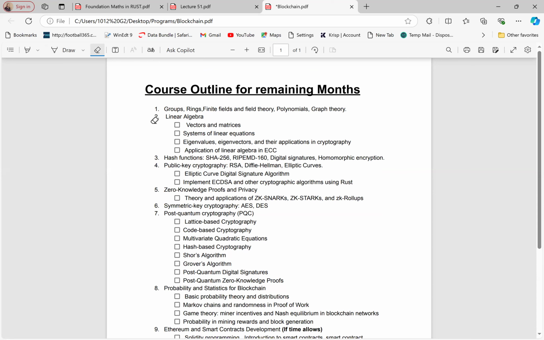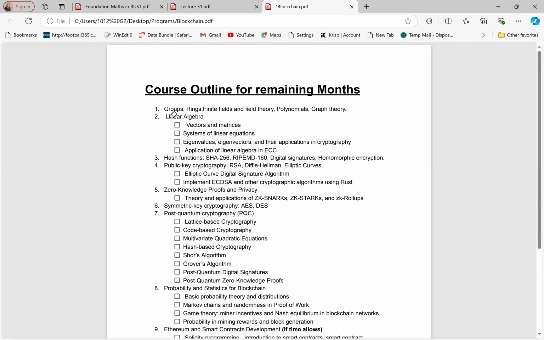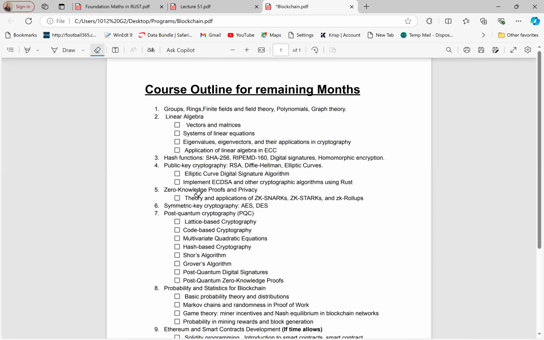Of course, we have already done our 51 lectures. So where we are today, we'll be finalizing our work on groups, where I'll be looking at homomorphism in groups. Then we shall now begin on rings and then go to finite fields. But the rest of the topics from topic 2 going down, we may cover them in order